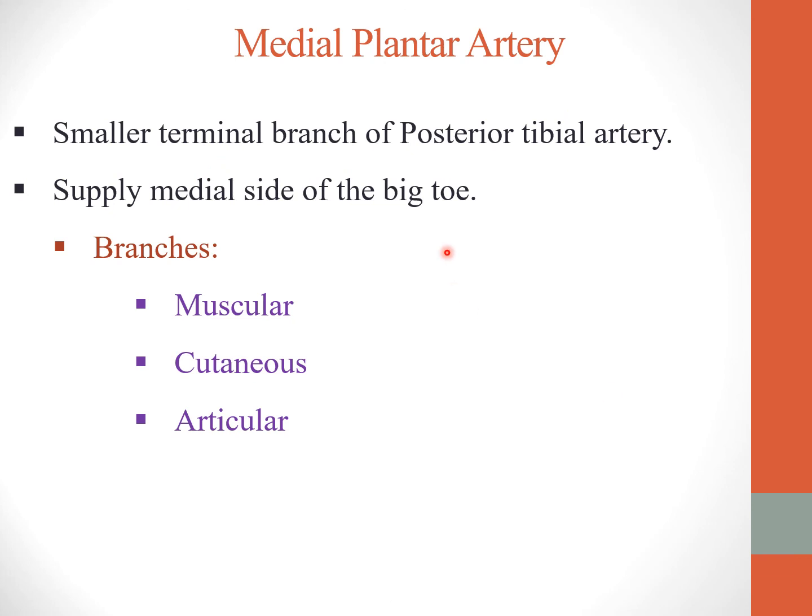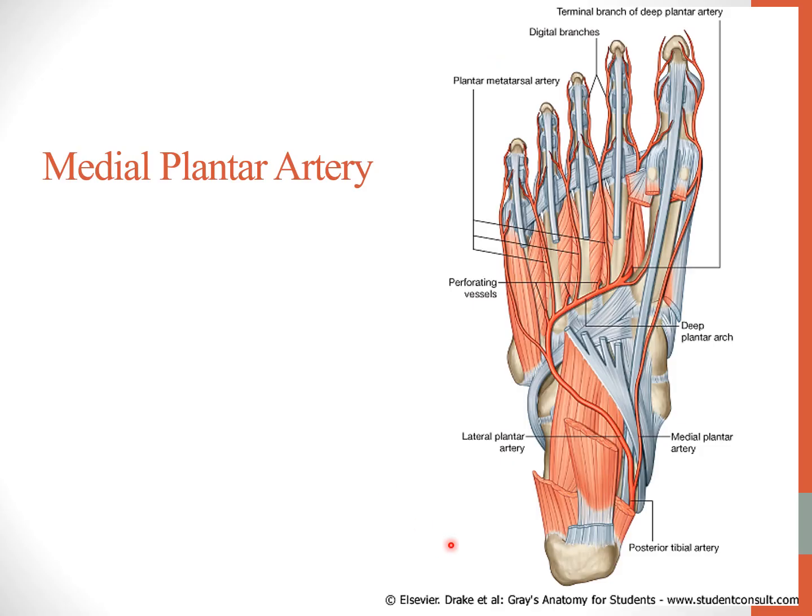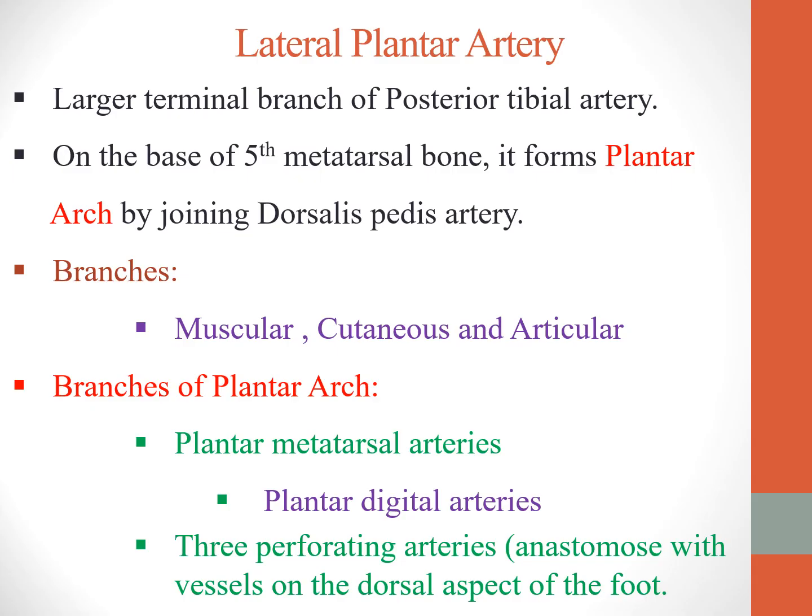Now we start with the medial plantar. The smaller terminal branch of the posterior tibial artery supplies the medial side of the big toe. It gives muscular branches, cutaneous branches, and articular branches. So here, the posterior tibial after crossing the medial malleolus enters the sole of the foot and divides into medial plantar and lateral plantar. Medial plantar runs on the medial aspect, supplies the medial side of the big toe and the musculature for a smaller area. The lateral plantar is the larger branch of the posterior tibial artery, and